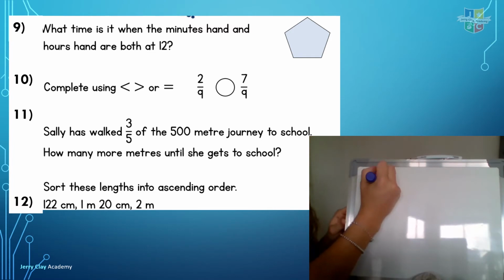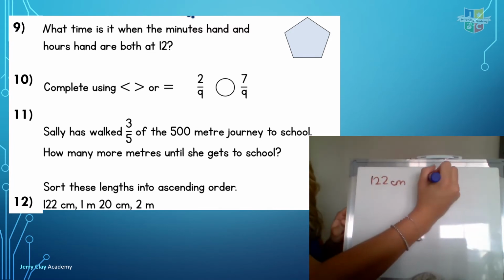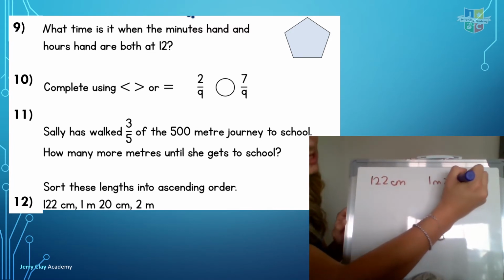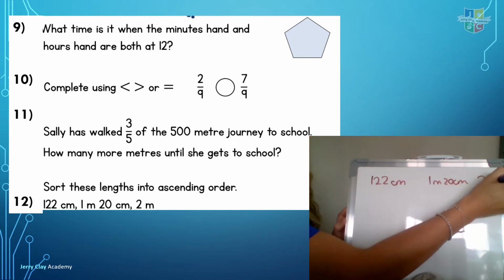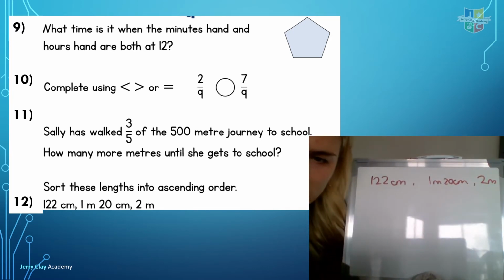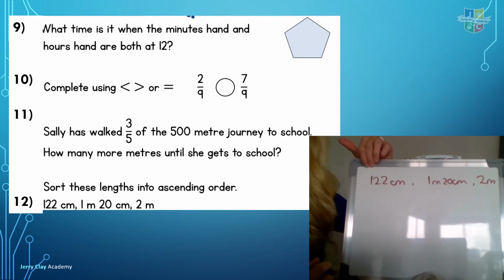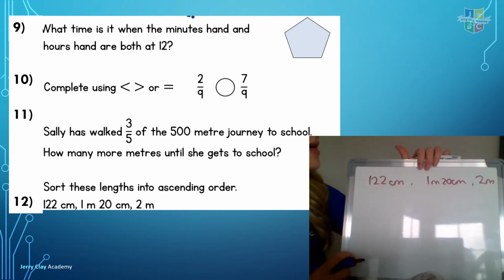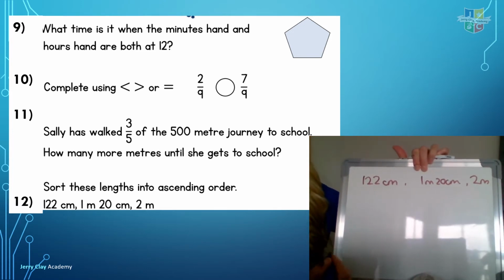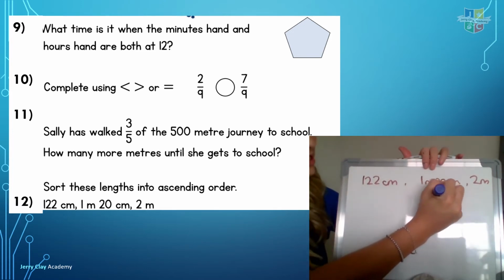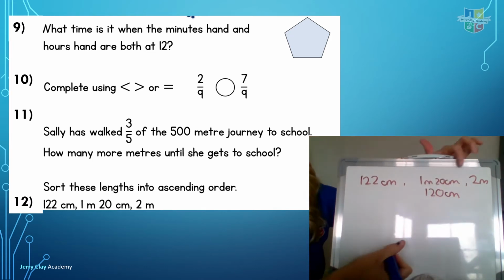Finally, we've got 122 centimeters. We've got 1 meter, 20 centimeters. And we've got 2 meters. Now, because these are all in different units of measure, the first thing I'm going to do is convert them all into centimeters. So obviously my first one's already in centimeters. My second one, I've got 1 meter, which is 100 centimeters, plus 20, so I've got 120 centimeters, and 2